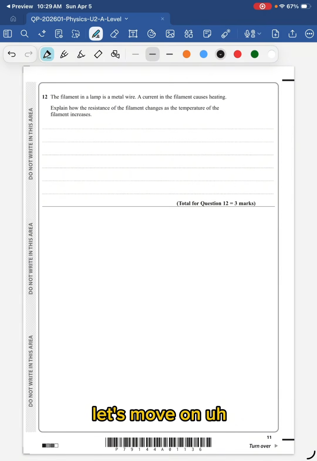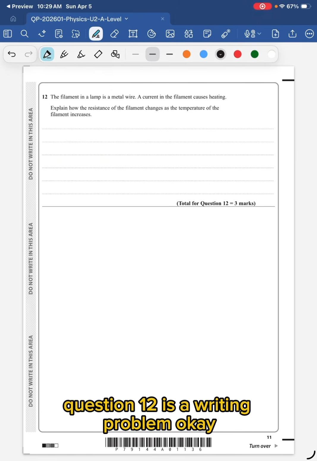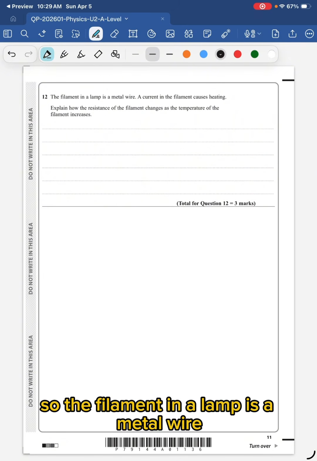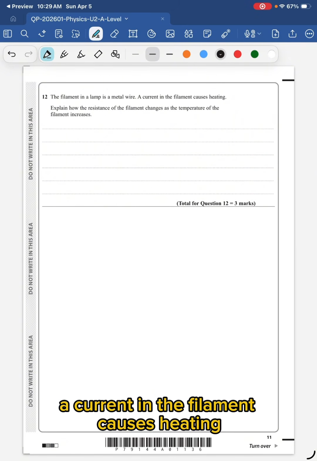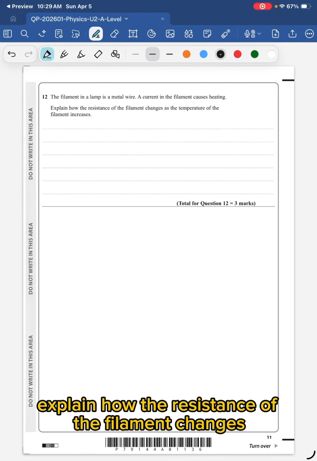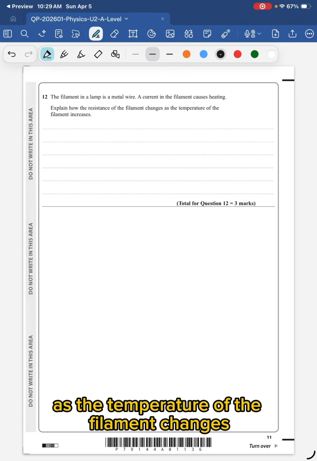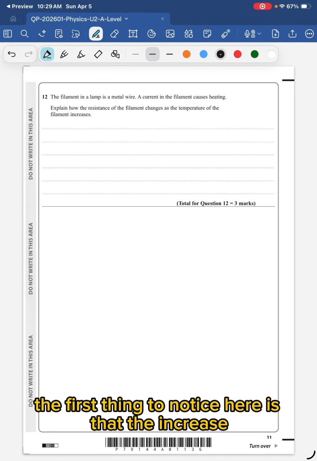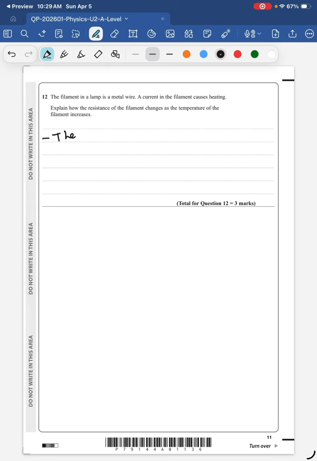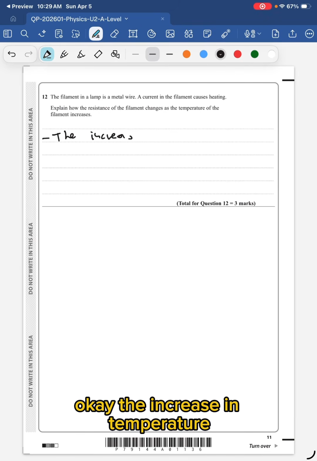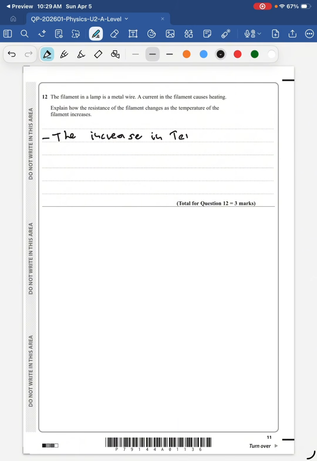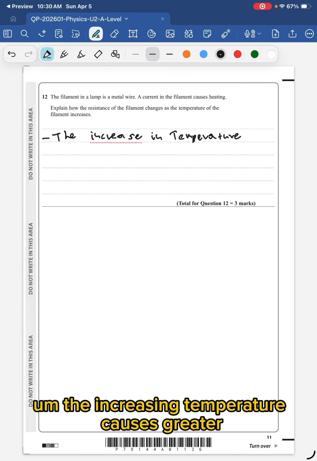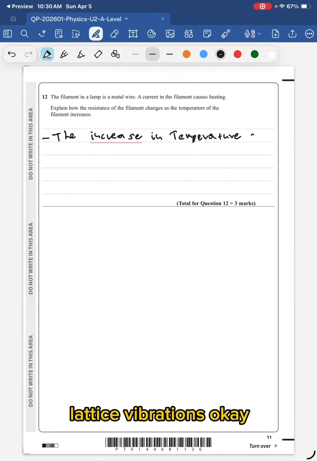Okay, let's move on. Question 12 is a writing problem. So the filament in a lamp is a metal wire. A current in the filament causes heating. Explain how the resistance of the filament changes as the temperature of the filament changes. So the first thing to notice here is that the increase in temperature causes greater lattice vibrations,